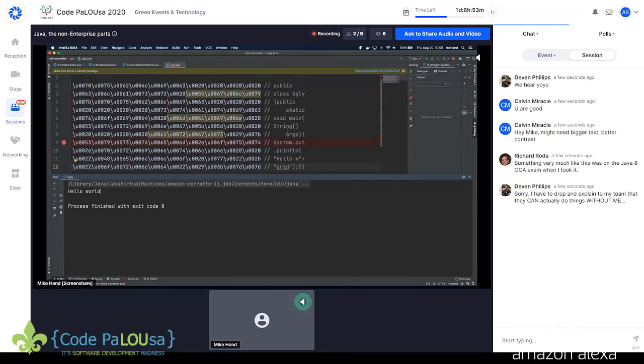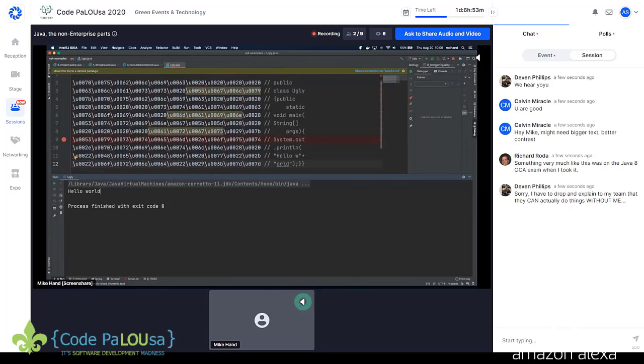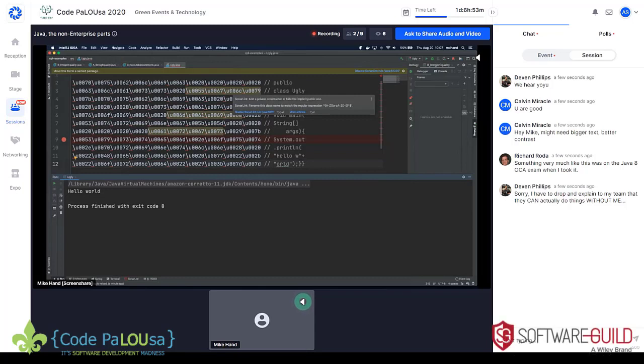Now, the interesting thing here is even though IntelliJ is complaining about all these illegal characters, it's also highlighting this class name and saying, hey, you should have a private constructor for this class. You should also rename this class to match the Java naming standard: start with a capital letter, and then have a mix of lowercase and capital letters.